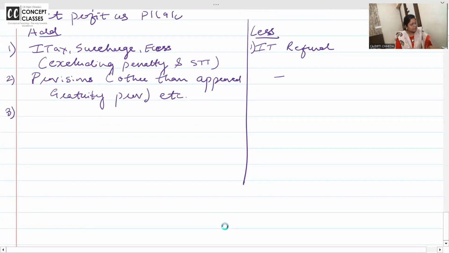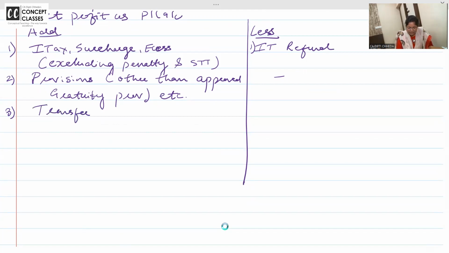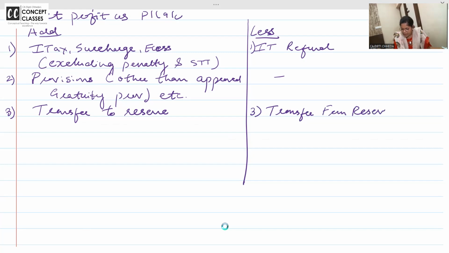Third item. Transfer to reserves. If you transfer to reserve and if you debit in your P&L account, dear students, it's disallowed. Why is it disallowed? Because that is not an actual expense. Transfer is not an actual expense. Same way here, if there are any transfers from reserve, transfer from any reserves,